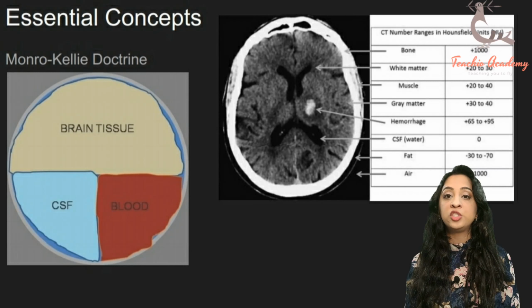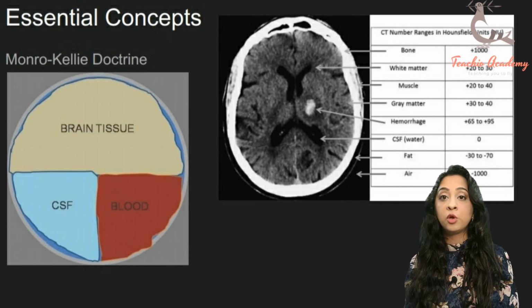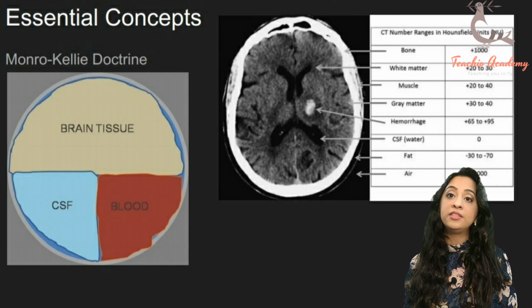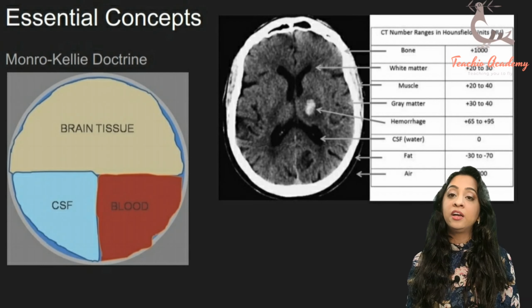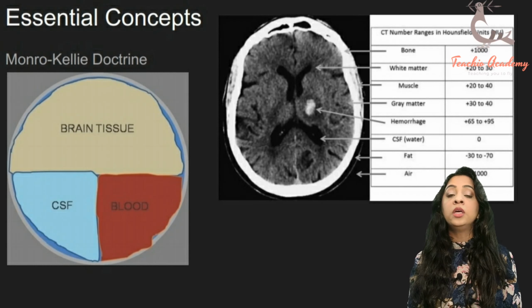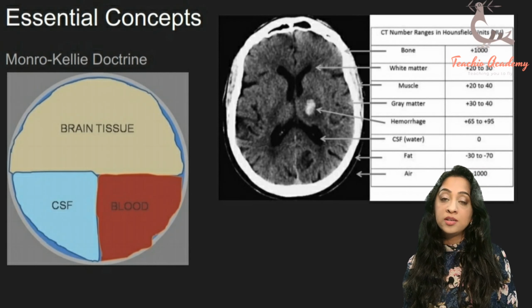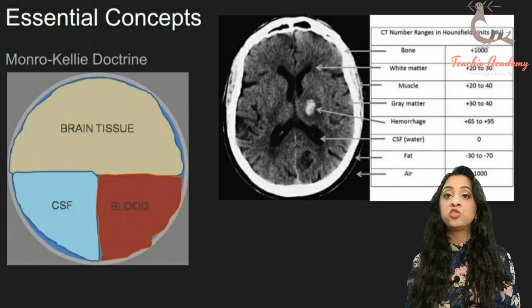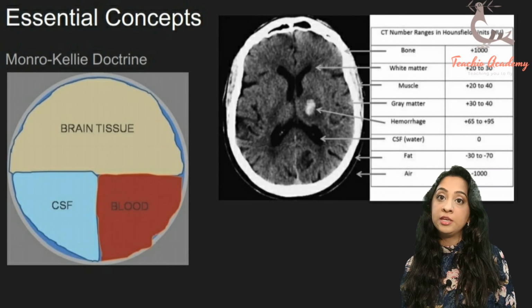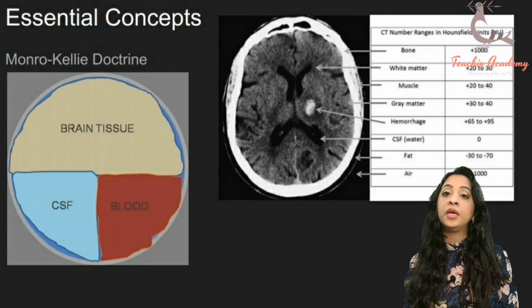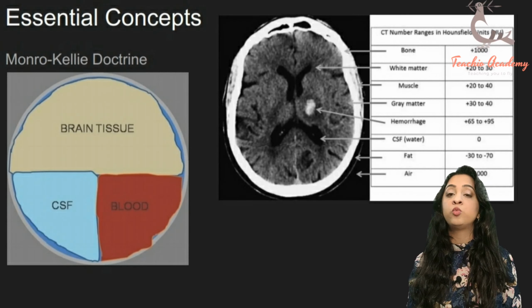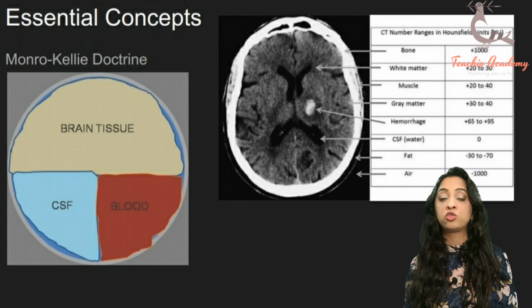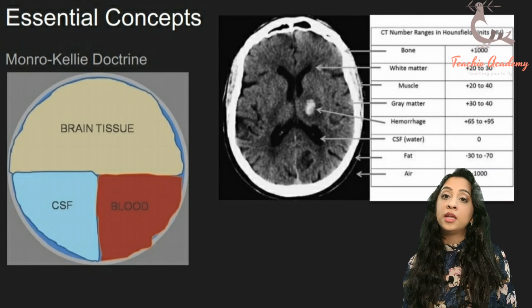The second image that you see on the right of your screen is what the differentiation of black to white appears on the head CT. Now, the way that the CT scan works is that things which stop the passage of the radiation are going to appear the whitest, and the things which allow radiation to pass through are going to appear the darkest.